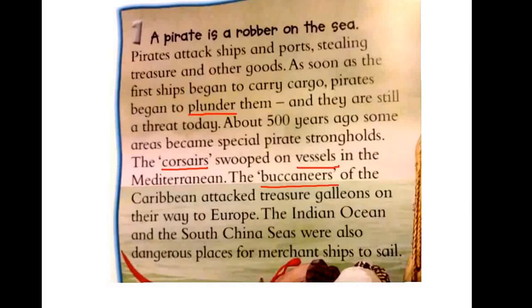But just for today, I'm going to tell you that the word plunder means to steal and rob from things, that vessels, which is this one over here, are a kind of ship, another word for ship, and that the words here for corsairs and buccaneers are actually referring to two different groups, or if you like, teams of pirates. Some of them belonged to particular regions. The corsairs belonged in the Mediterranean and the buccaneers were in the Caribbean.